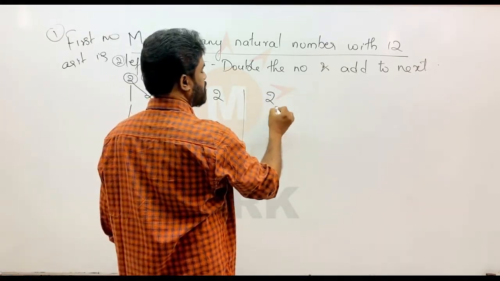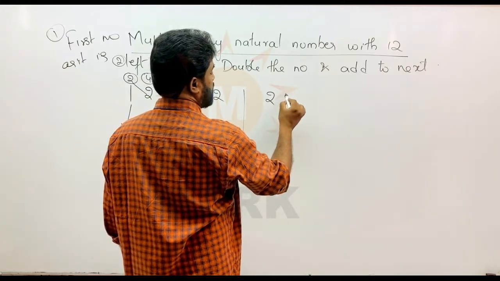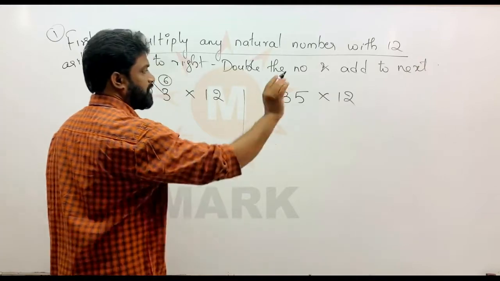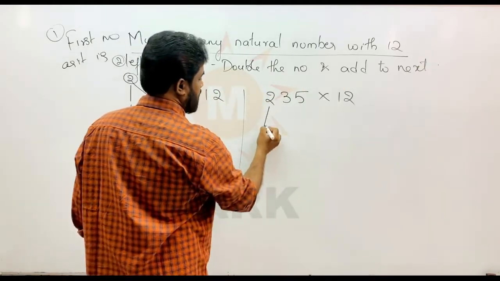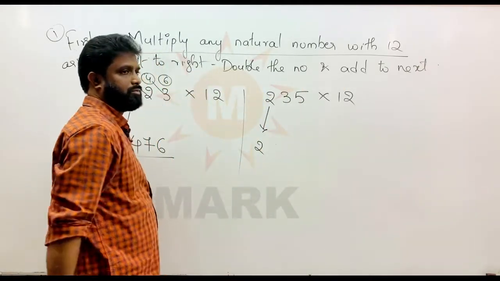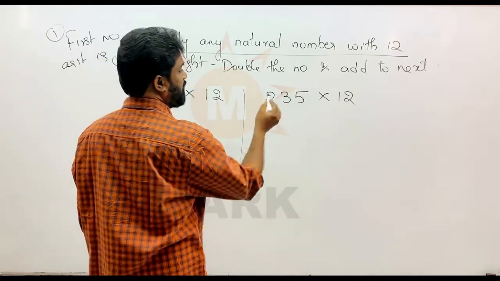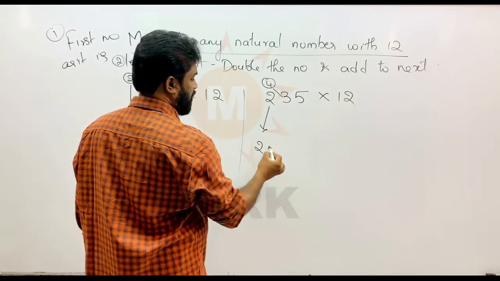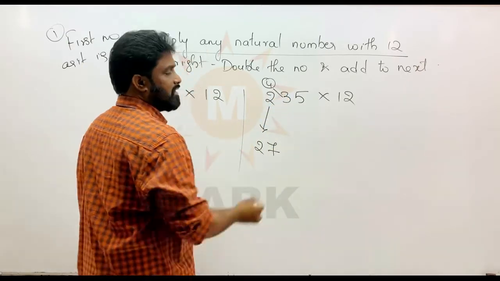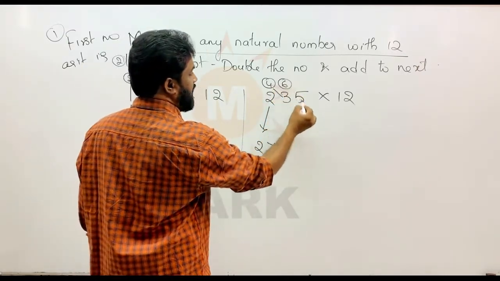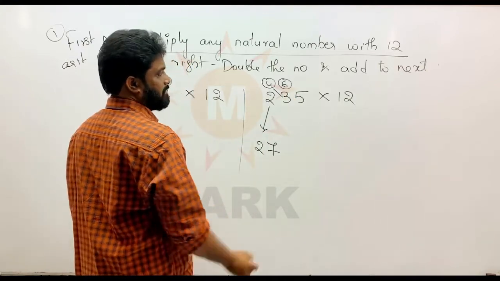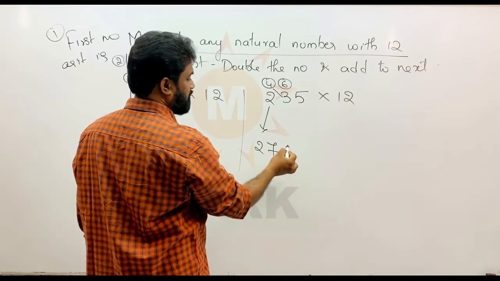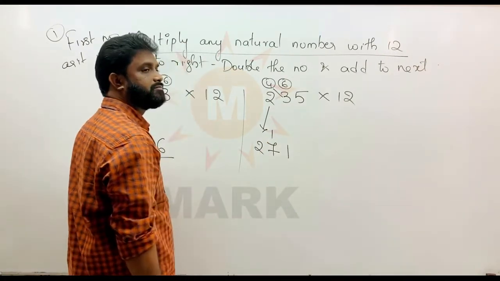I will take one more example. Don't worry. Suppose it is 235 into 12. So first what you have to do, from left to right, write the first number as it is, 2 as it is I have written as 2 only. Now double the number, add to the next number. What is double of 2? 4. Add to the next number, how much? 7. Now take 3. What is double of 3? 6. Now add to the next number. How much is it? 11. So 11 means carry forwards are coming. So how do you have to write? 1 here and 1 carry forward.